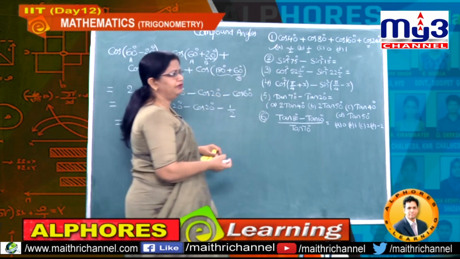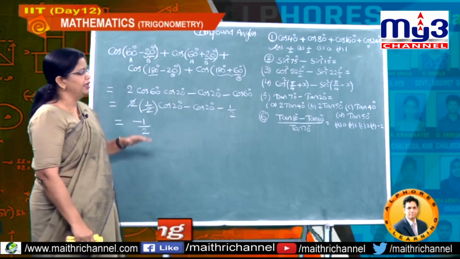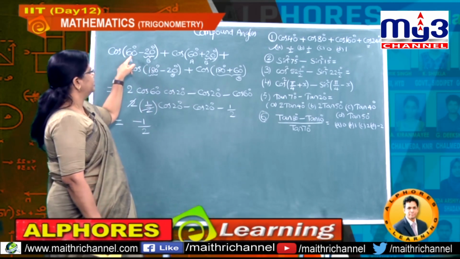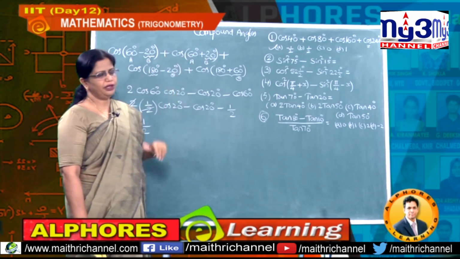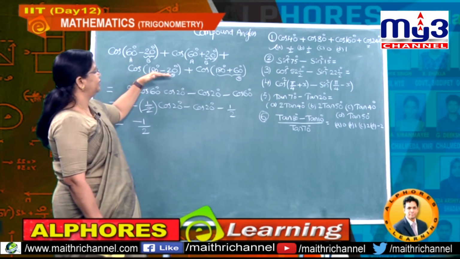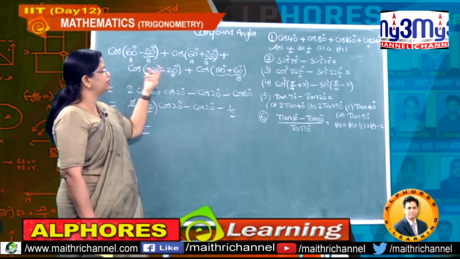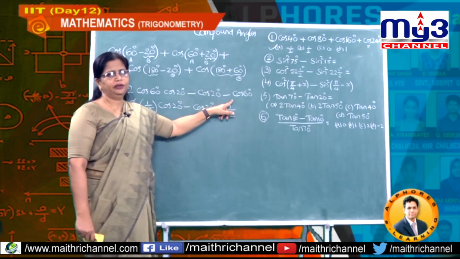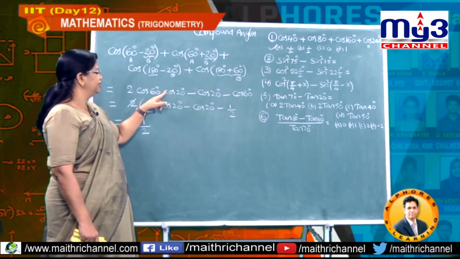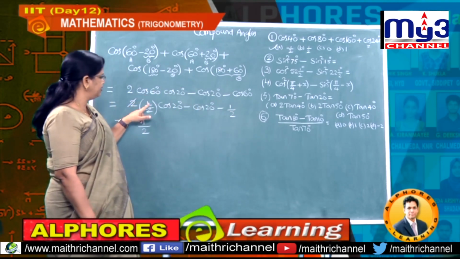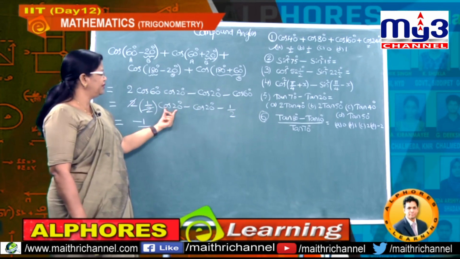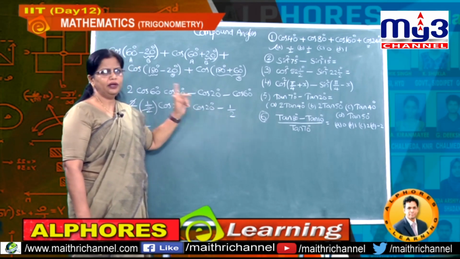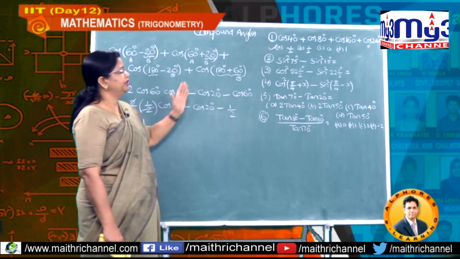So all these, actually we have taken many number of steps, but after you get good practice, then you reduce the number of steps. So this is cos A minus B plus cos A plus B, 2 cos A cos B, and after that this is cos 180 minus theta, minus cos theta. It is cos 180 plus theta, again minus cos theta. Therefore you got this kind of values. So cos 60 degrees we know it is 1 by 2, 2 get cancelled. Then you got cos 20 minus cos 20, which will again cancel. Finally you got minus half. Okay. So this is the first problem.